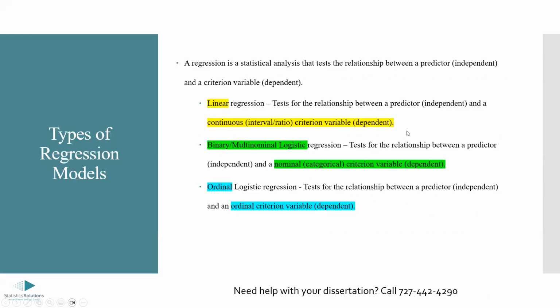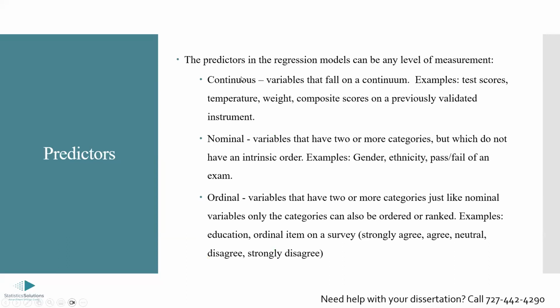Okay, and just to get familiar with the terminology, across multiple studies, you can use independent and dependent variable. You'll probably see that fairly often, but synonyms for that when you're doing regressions: an independent variable is considered a predictor, and a dependent variable or the outcome is considered the criterion. Okay, in regards to the predictors, so what you're putting into the regression model to predict your outcome,